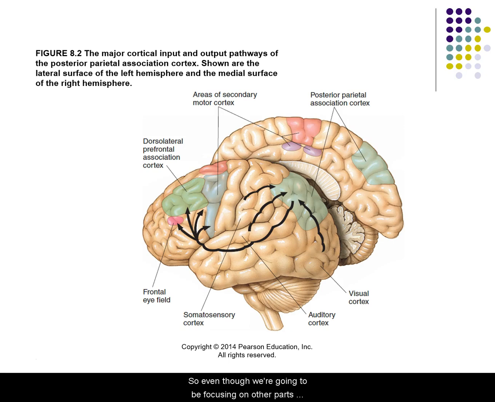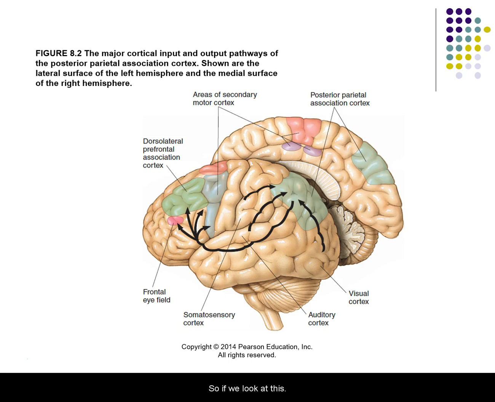Okay, so even though we're going to be focusing on other parts of the brain, that's where you have your basis for motor cortex and somatosensory cortex. Okay, so if we look at the diagram here, figure 8.2, you see the somatosensory cortex in the postcentral gyrus there. And then, they don't show you on this, but in front of that, or anterior to the somatosensory cortex, would be the motor cortex, and that would be in the precentral gyrus. Okay,